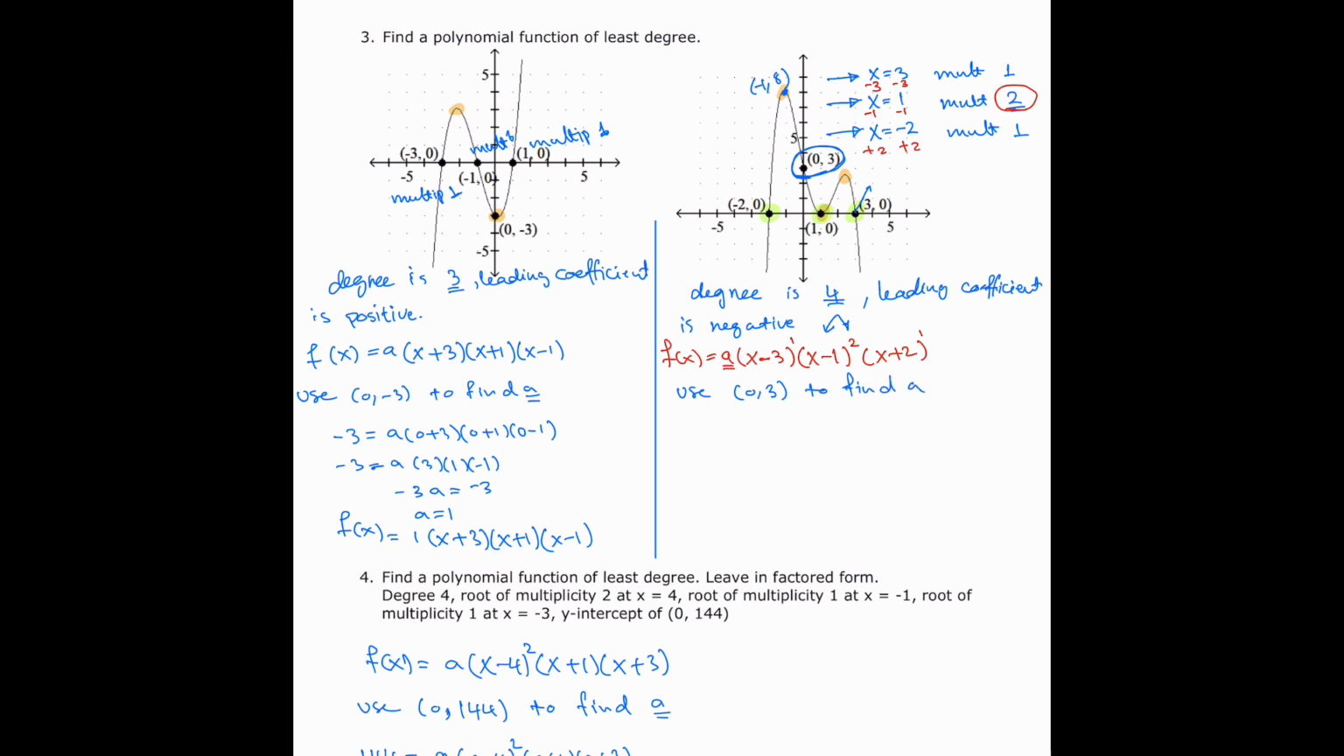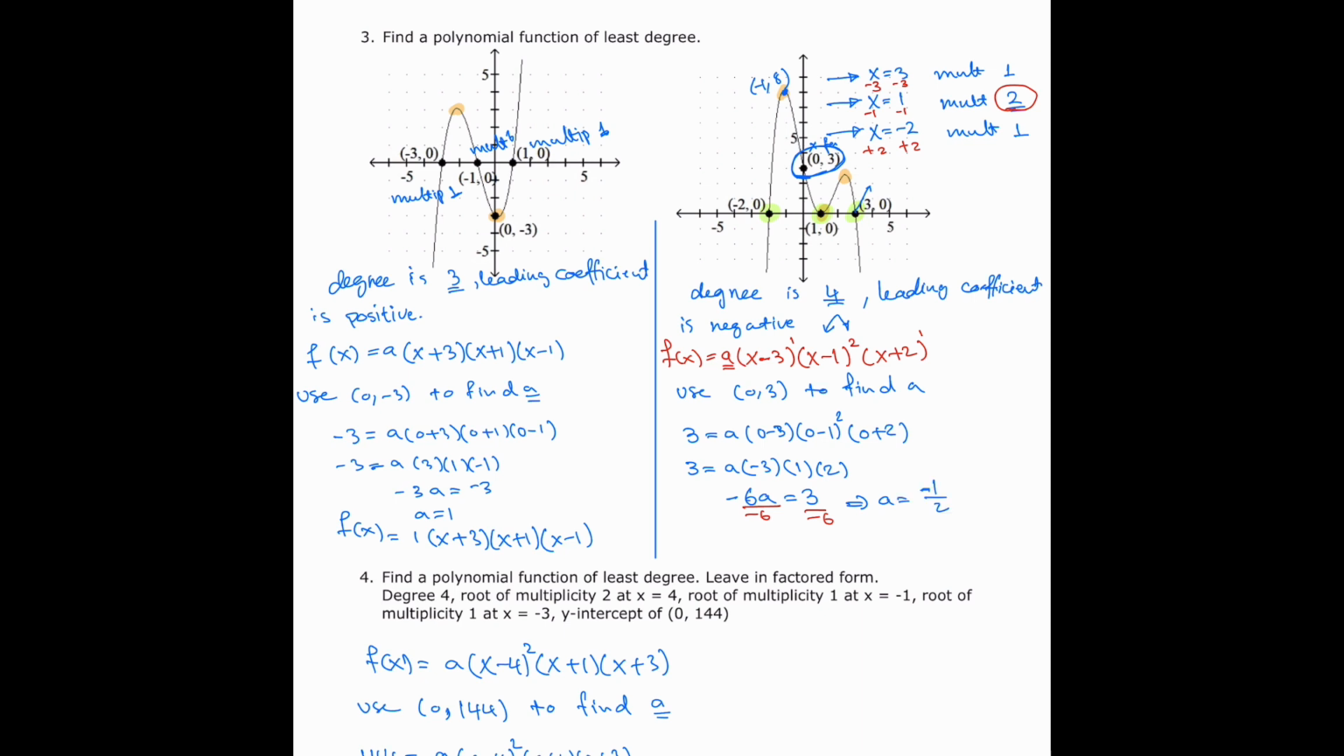So 0 and 3 means that x is 0 and f of x is 3, or y is 3. So I'm going to say 3 equals a times 0 minus 3, 0 minus 1 all squared, 0 plus 2. 3 equals a times negative 3, positive 1, negative 1 squared is positive 1 times 2. So I know now that negative 3 times 2 times 1 is 6, so negative 6a equals 3. I will divide both sides by negative 6. I will get a equals negative 1/2